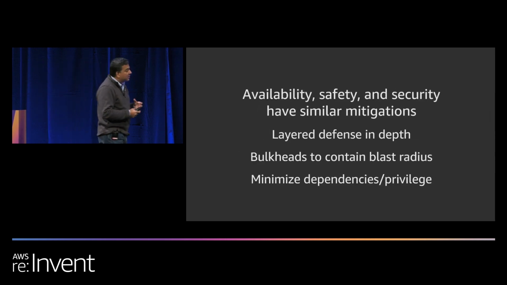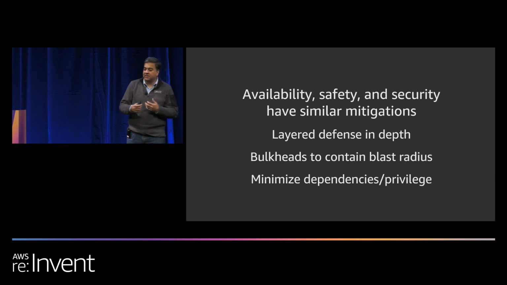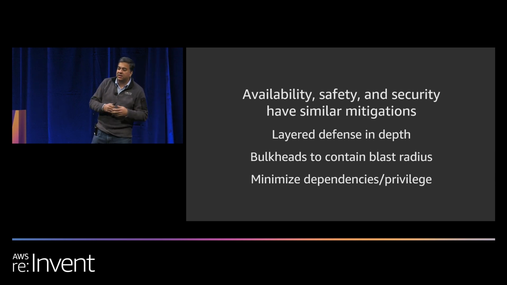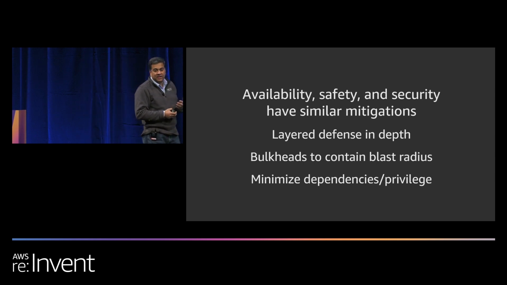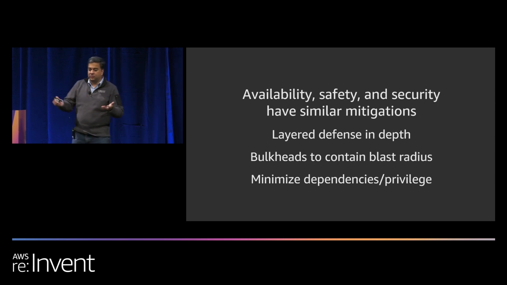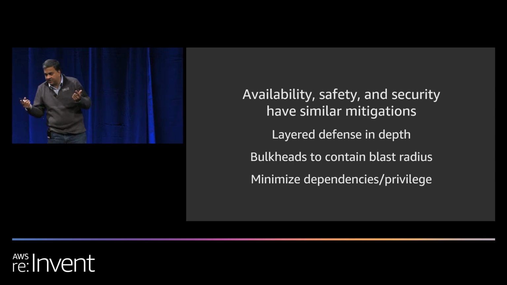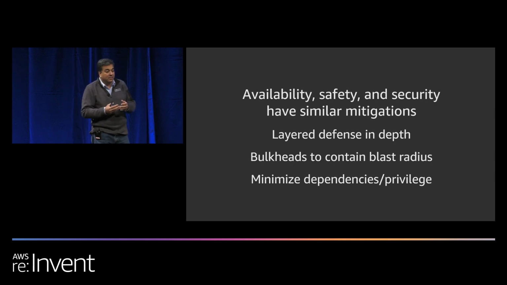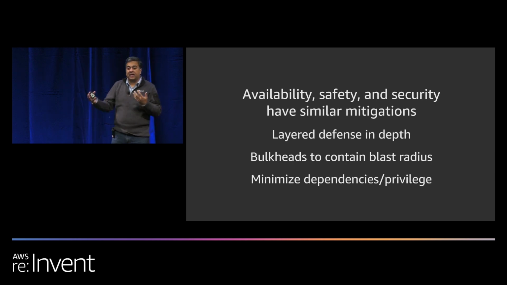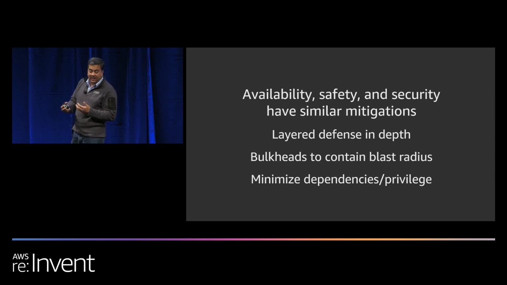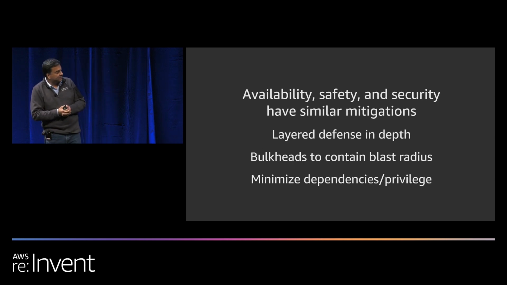So we look at this very similarly to what we do for security, right? Availability has similar mitigations, safety and security have similar mitigations, right? So the answer here is layered defense in depth. What does that mean, right? You do some of this today. Instead of one server, you'll use 2 servers for your application, right? So you'll spread the load amongst multiple applications. You may have different network and data paths to provide you multi-path for your application. So you have some layers of defense over there.